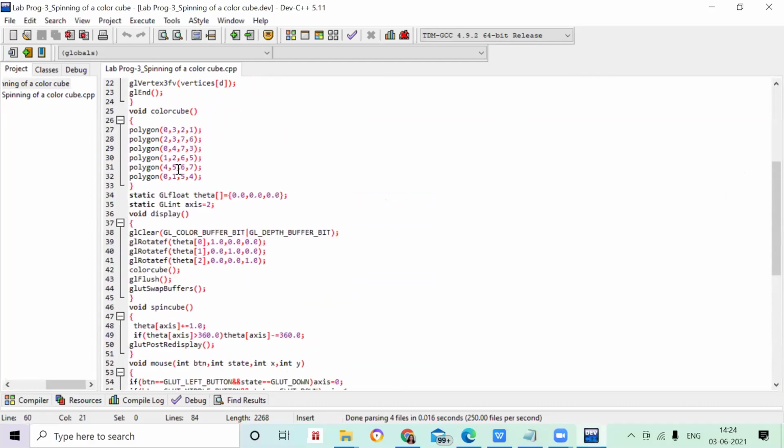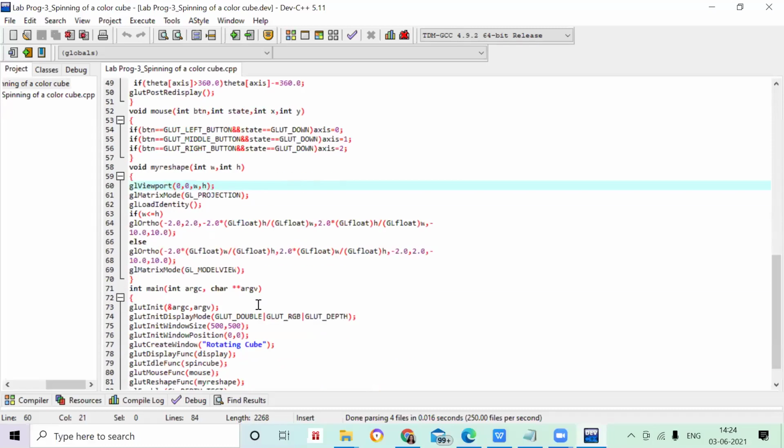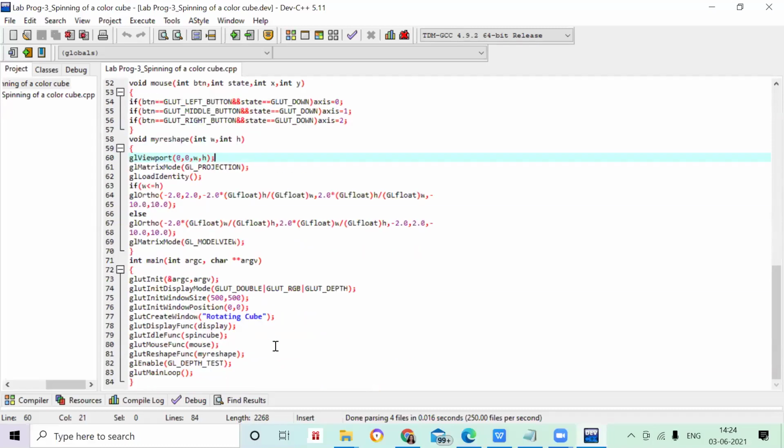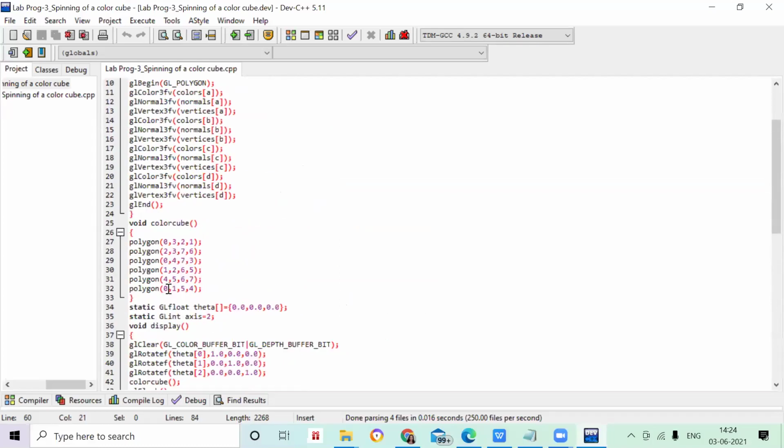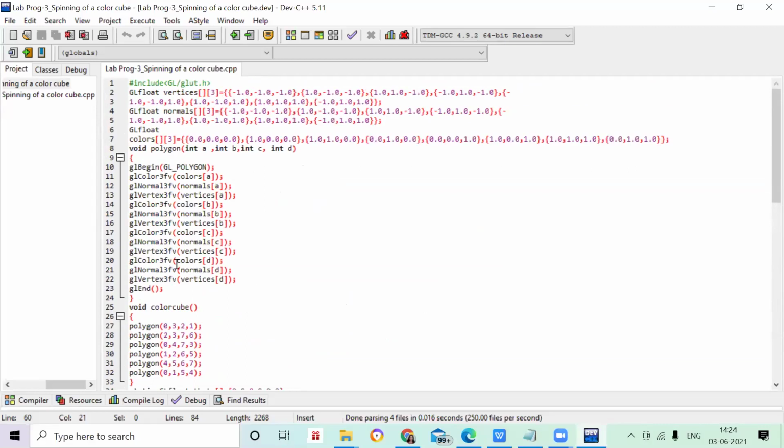Okay, first we will see the color cube. Here you can see I have called the color cube also. The color cube is inside, spin cube is there. So I have written here directly the color cube by giving the void. We will see how we are going to define this. Why I have not called this color cube? Because this color cube inside polygon is there, and this polygon is directly connected to this polygon here. Can you see this one?